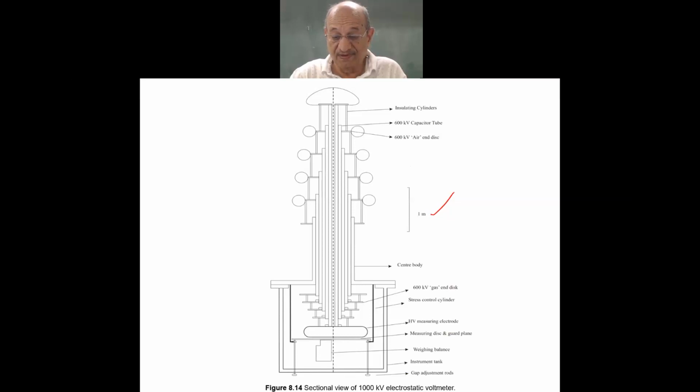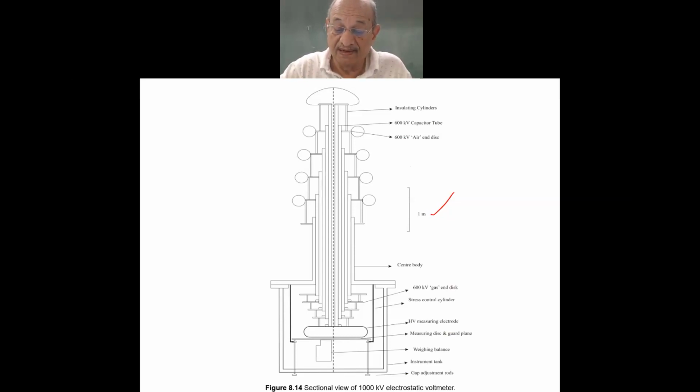3, 4, 5, 6, at least 6 meters. This would be something like 20 feet high, at least 20 feet high. A 1000 kV electrostatic voltmeter would be more than 20 feet. As you can see here,